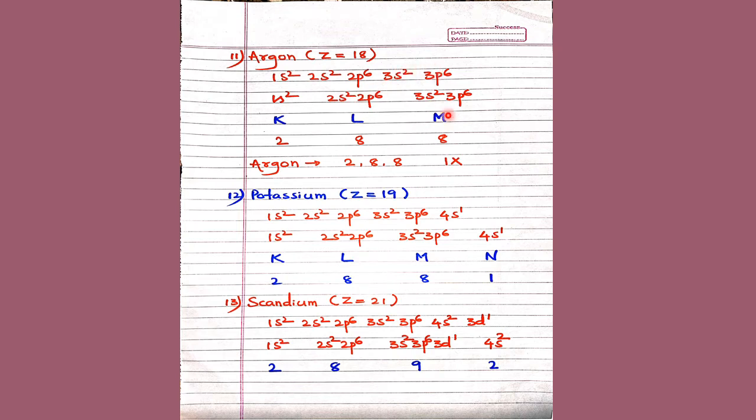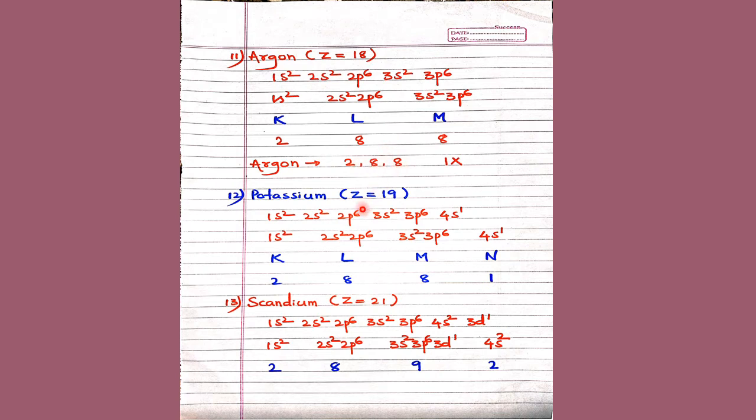So I have arranged this in the K element type according to Bohr theory. In K, 2 electrons; in L, 2 plus 6, 8 electrons; and in M, 2 plus 6, 8 electrons. So argon, according to ninth class, is 2, 8, 8. According to 11th class, it is 1s2 2s2 2p6 3s2 3p6, because in the 11th class we learn orientation, no? So s, p, d, f will come. Otherwise, in the 9th class we don't learn about orientation, so we write the 2, 8, 8 form.